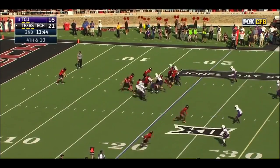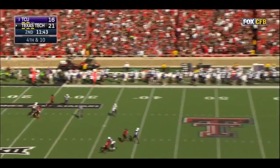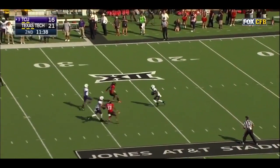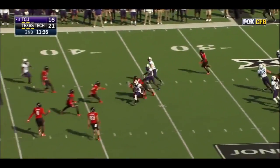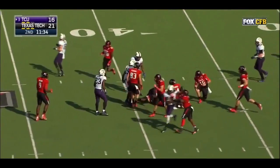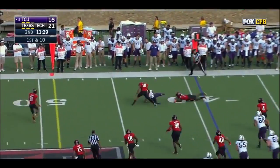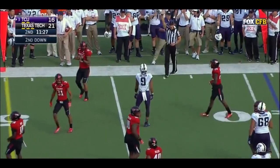Taking a sack. Now, you mentioned the improvement in penalties this year for Texas Tech. The other improvement has been in the turnover margin. Here's Cavante Turpin, dancing his way close to the 40. This drive starting at the 39, and they go right back to Dotson, who's unable to make the first man